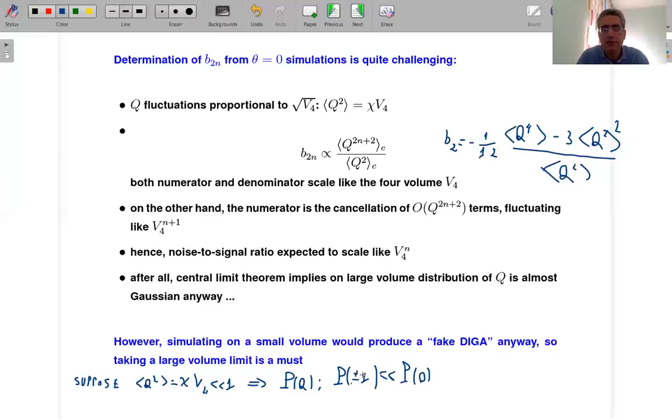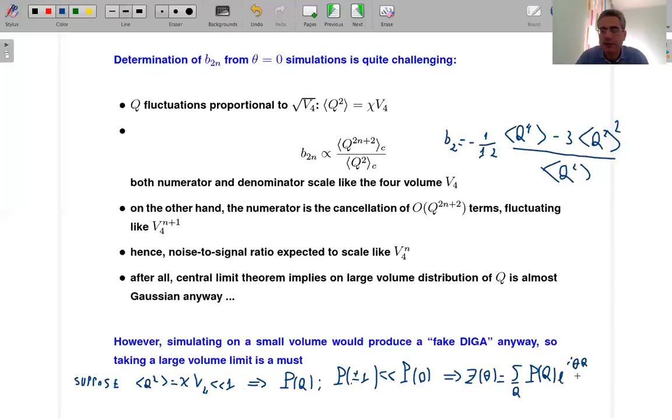And so on. As you increase the absolute value of Q, the probability is less and less, because the probability of finding a non-zero topological charge in your small 4-volume is very small. That means that when you write down the partition function Z of theta, which can be written as the sum over Q of this probability distribution times e to the i theta Q, then you can just take into consideration the first non-trivial topological sectors. If you have that P of plus or minus 1 is much less than P0 and higher values are even more suppressed,